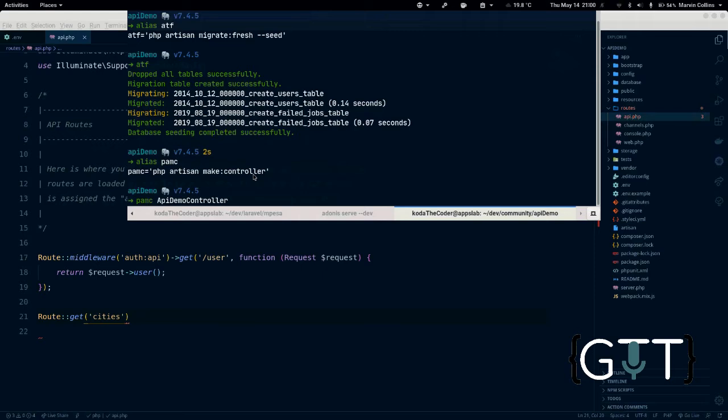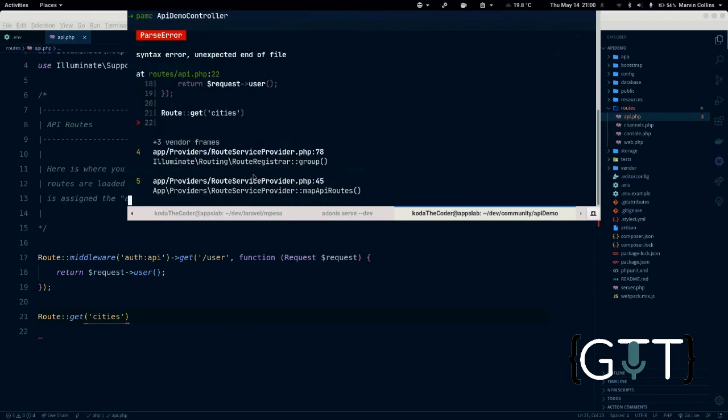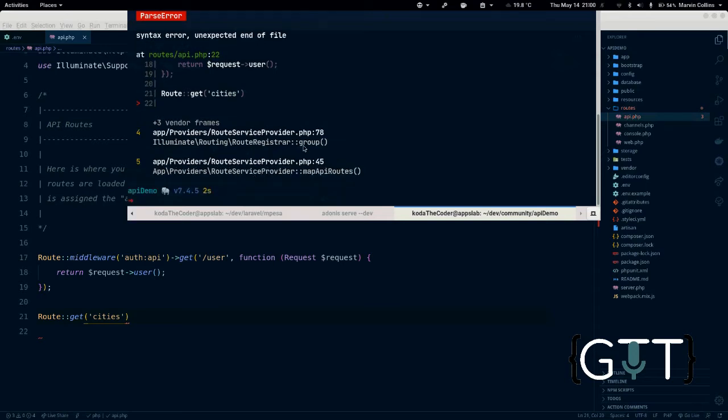What am I doing? Controller. So I'm just going to create a fresh controller without any other function or method. Okay, there's an error there. Yeah, because I left this one hanging. We'll just save it and go back to